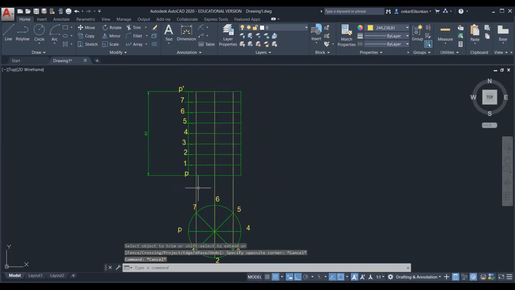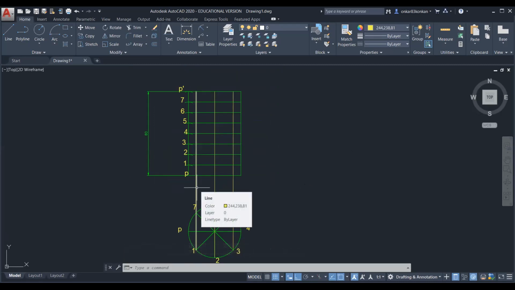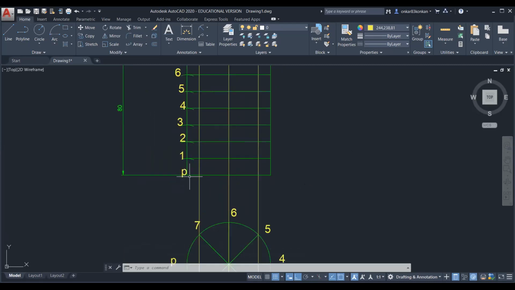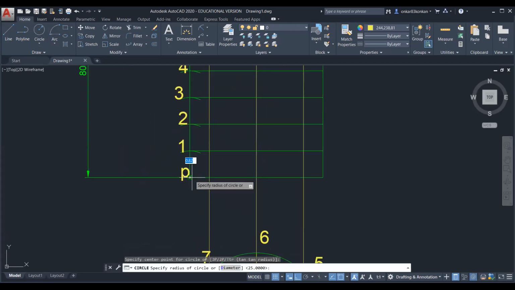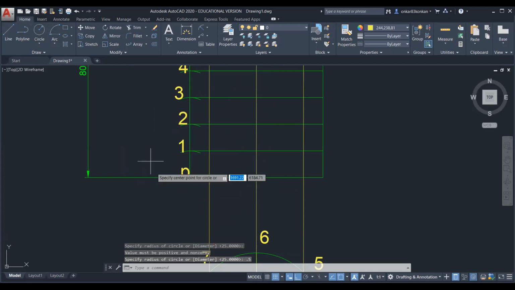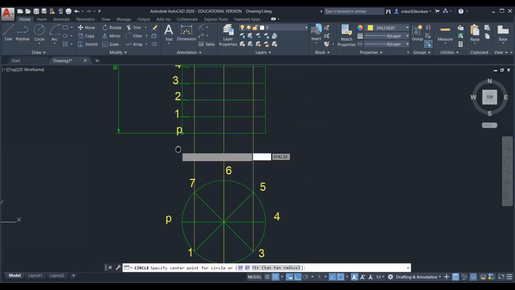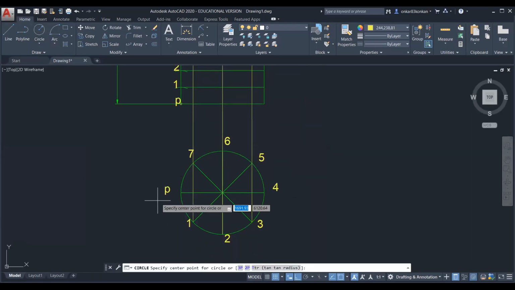Now we will trace the curve. Therefore, we have to find out the location in the upward direction. Initially, we have the point P here. I will show this by a circle. This is the initial location. Observe this point P in the top view.